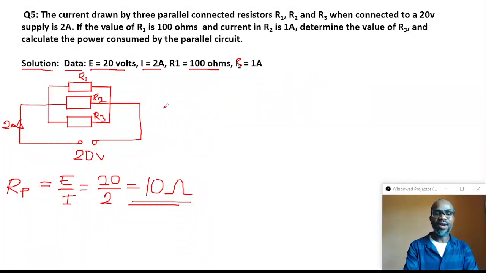We also need to find the value of resistor 2. So how do we find it? It's very simple, because there is some amount of current flowing into resistor 2. The current flowing into resistor 2 is 1 amp. So what do we do to find the resistance there? We state that the current flowing is different, so resistor 2 can be found by